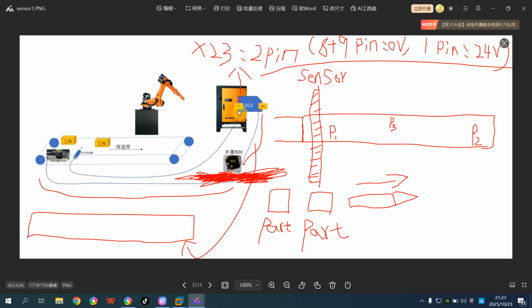connects to the X23 port. On the X23 port, pin 9 means 0, pin 1 means 24 volts, and pin 2 connects to the sensor's signal, and the additional RDC connects to the CCU X33 port. Okay, so this is the hardware topology. If you use the additional RDC, connect it to the X33 port of the CCU. The sensor connects to the X23